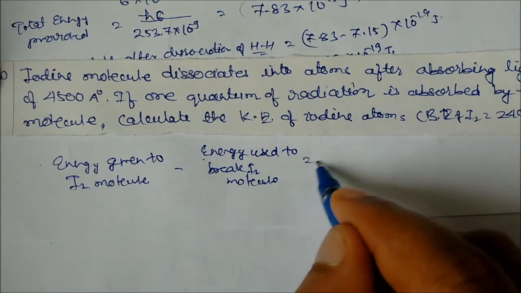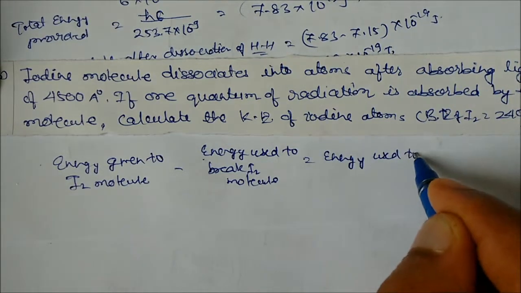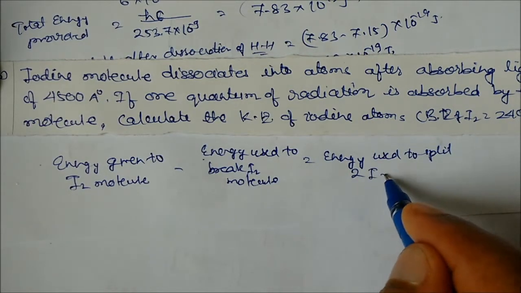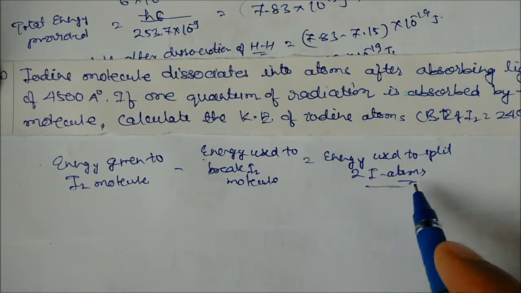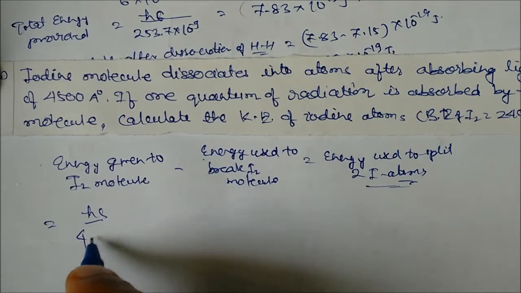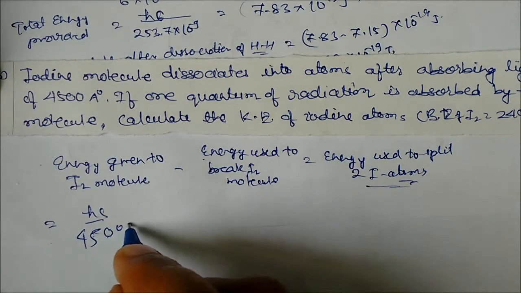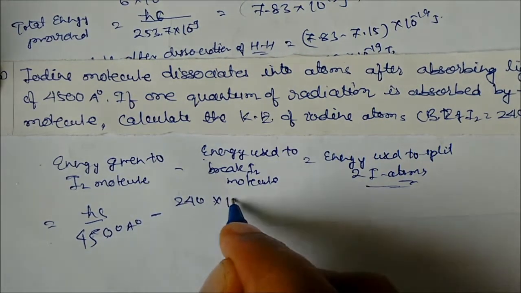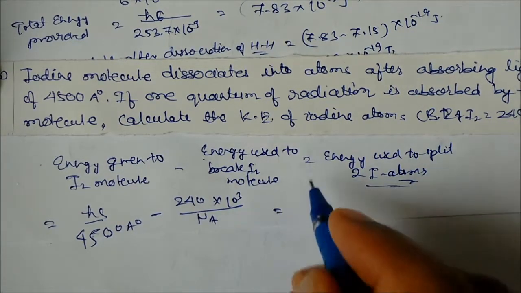Okay, and this will give you the energy used to split two iodine atoms. So you have to recall the iodine atoms. The total energy is given by hc upon lambda, 4500 angstrom, minus 240 into 10 to the power 3 divided by Avogadro number. So if you solve it, this will come